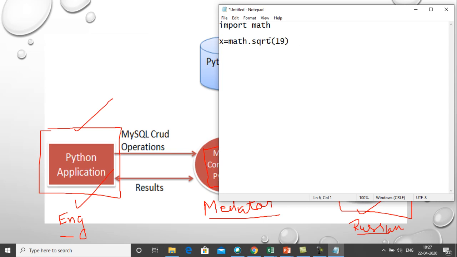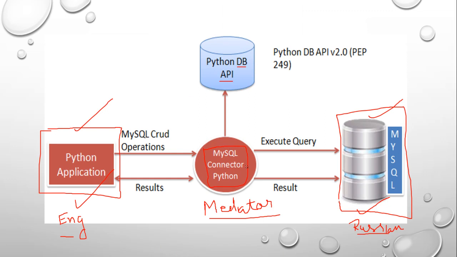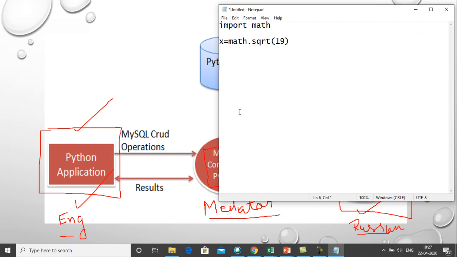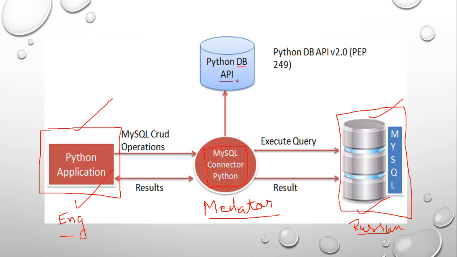all those functions which are present in the math module are basically the API of the math module. Similarly, when we add this MySQL connector in our Python software, along with that connector we also get some API, some functions. When I write import mysql.connector and import this module, many functions come along with this module into my program, and I can use those functions, and those functions are basically the API, application programming interface.